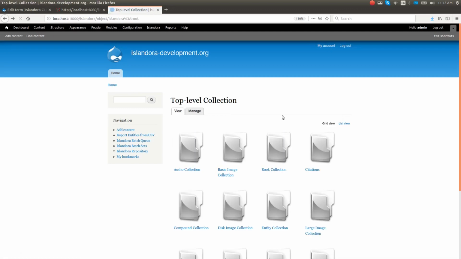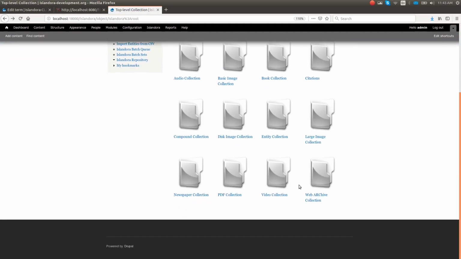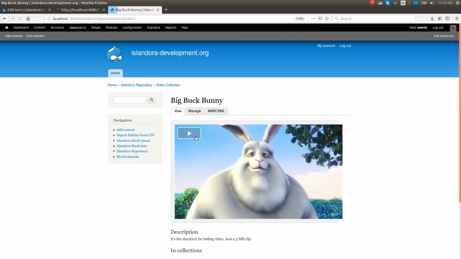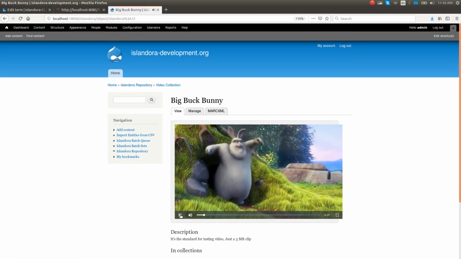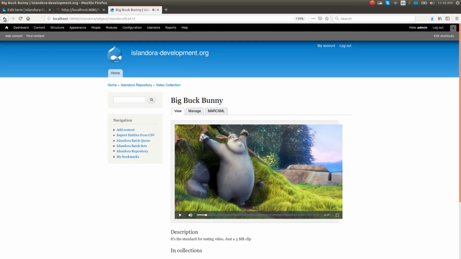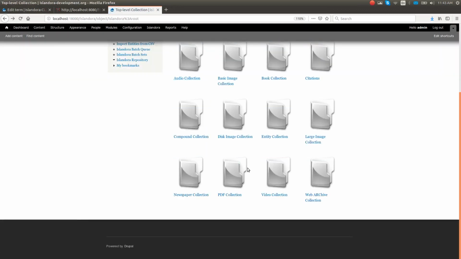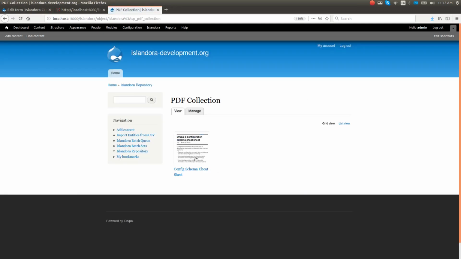I've also got a video collection entry here. Good old Big Buck Bunny. As always, right? The standard for testing video. And I've also got a PDF. There we go. It is the Drupal 8 cheat sheet for working with